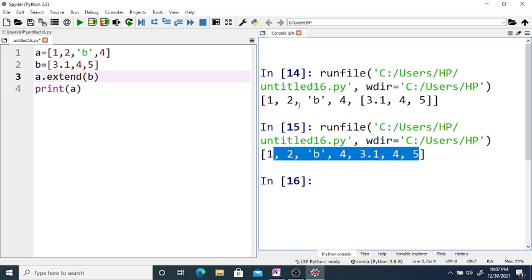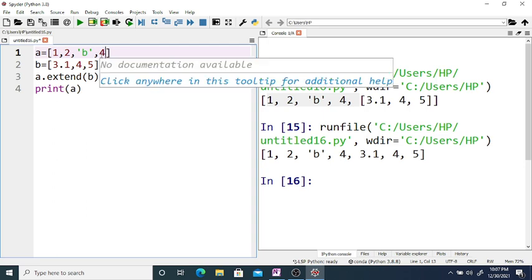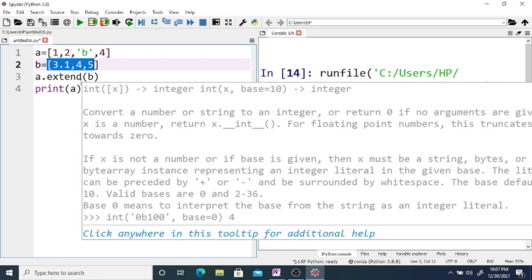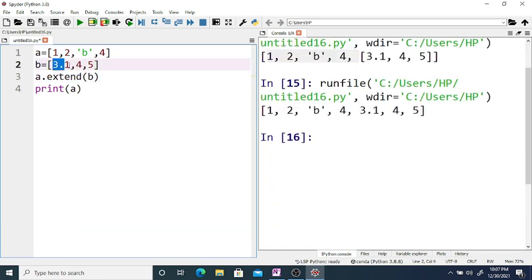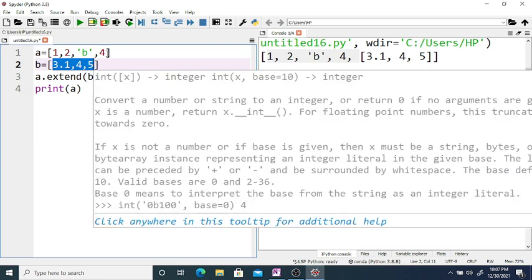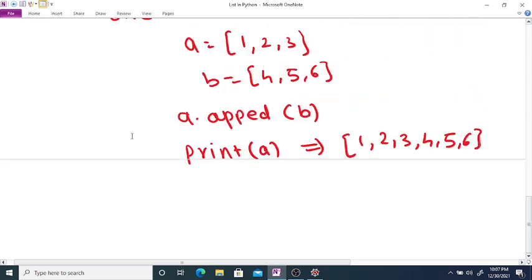If you use append, then list b is appended as a nested list. In a list, again there is one more list, so it is called a nested list. But if you use the command extend, then the elements of b are added to the elements of list a at the end. So this is what the extend keyword does in a list.